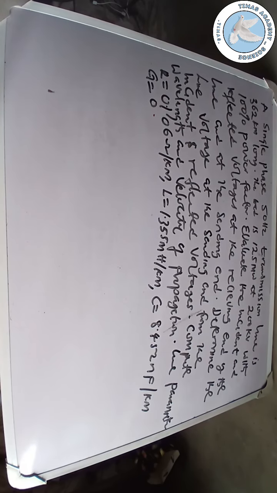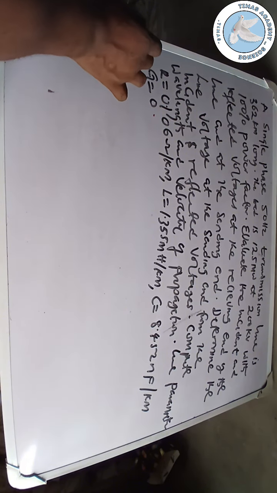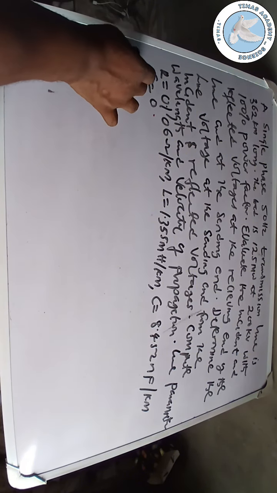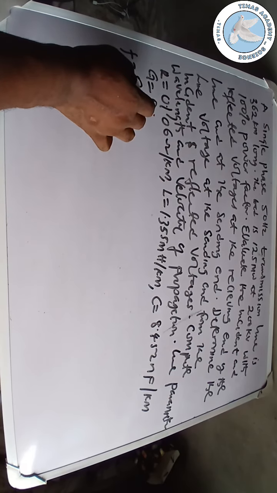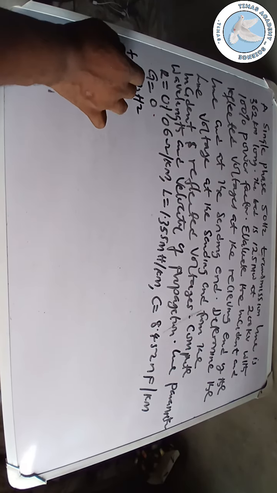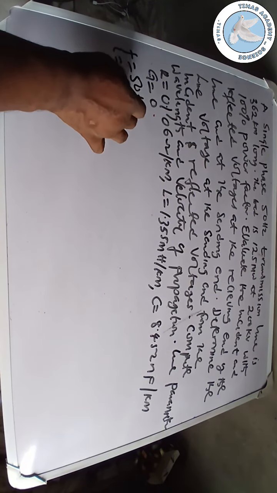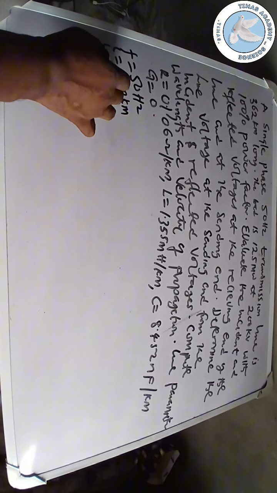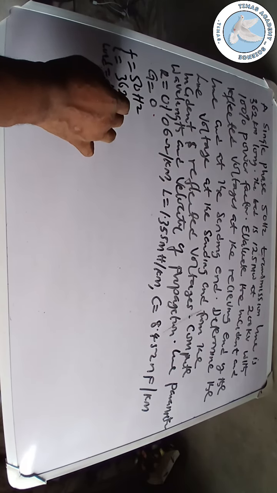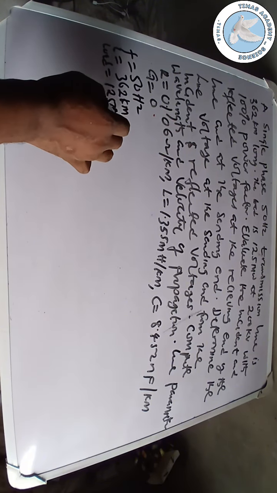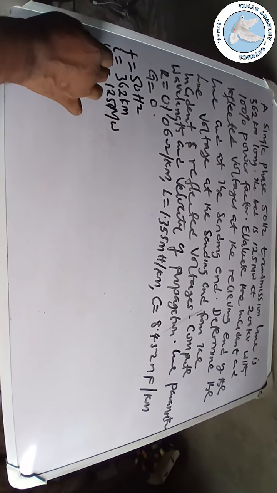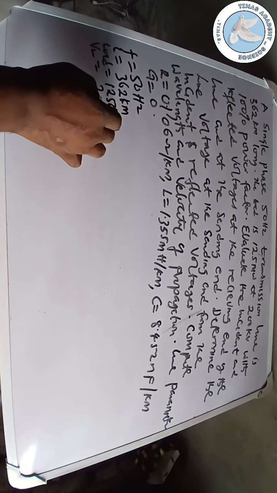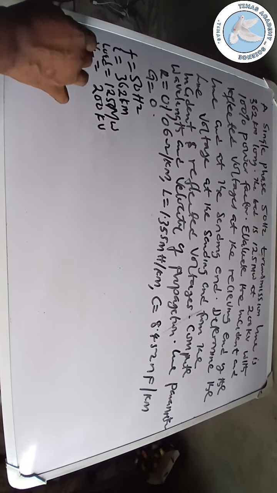Today we are looking at an example on transmission line. In this example, we are given that the frequency is 50 Hz. The length of the line is 362 kilometers. The load is 125 megawatts, and the line voltage is 200 kilovolt. We also have that the power factor is unity,